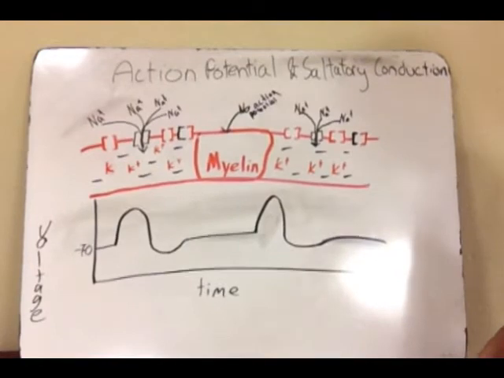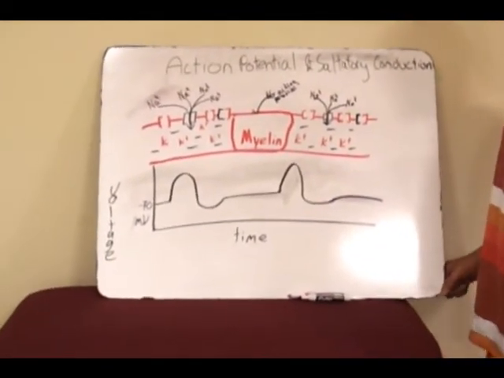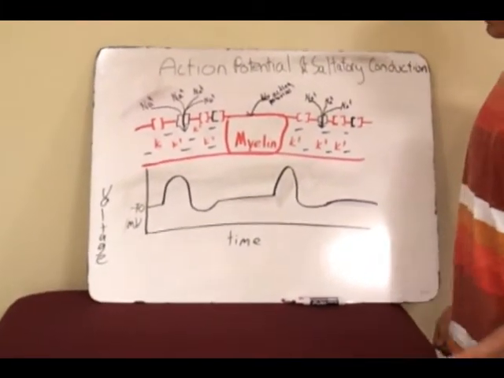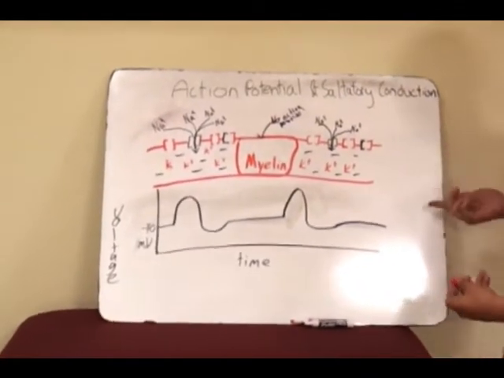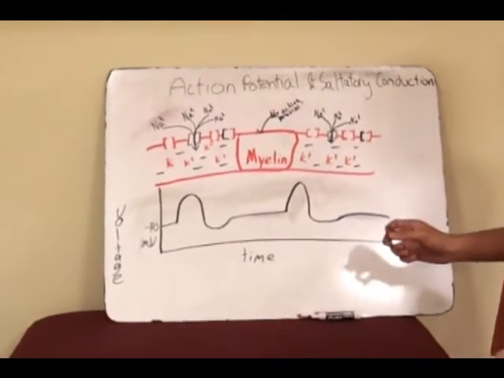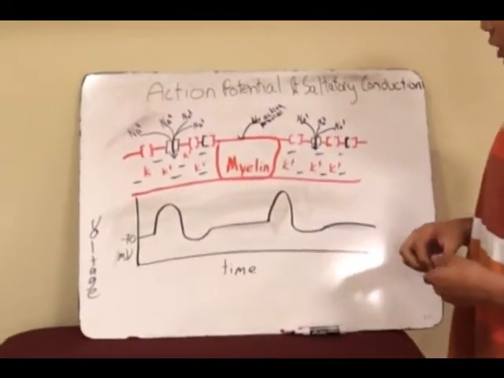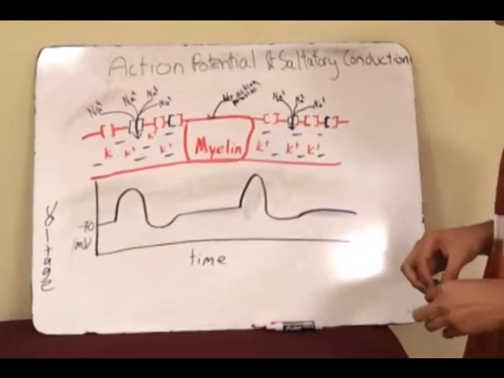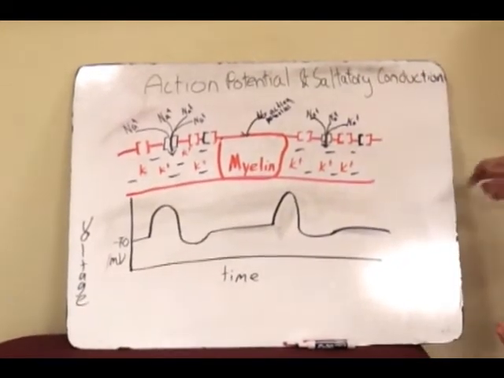It's about negative 70 millivolts. So when no action potential is going through a neuron, it starts at negative 70 millivolts because of all the negative proteins and chlorine atoms and stuff that are actually inside of this neuron. And if you look at a neuron, it also has a period where it's covered up. It's covered by a Schwann cell, which produces a sheath called the myelin sheath. And at this point, there's no action potential because there's no gates.